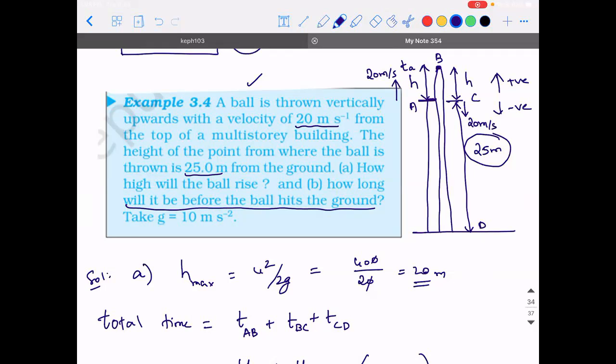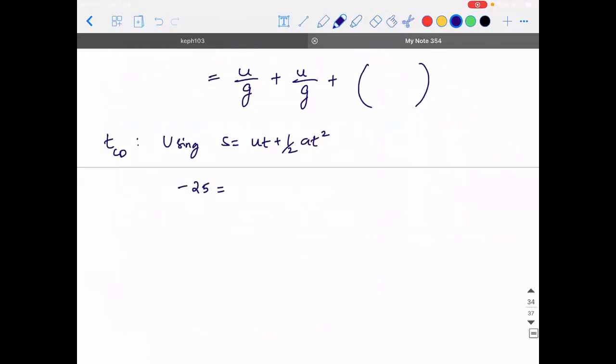So when you throw an object with 20 meters per second, to the same level, the object will return with 20 meters per second. So in the journey C to D, u is 20 meters per second. A small correction to be made: minus 25 equals 20 into time plus half into